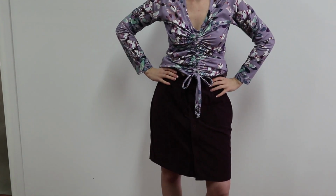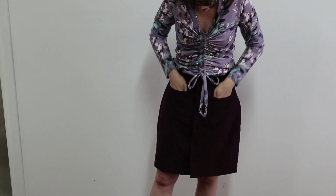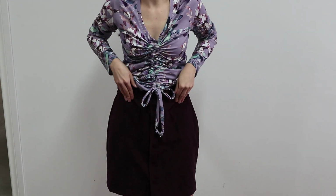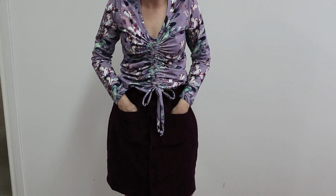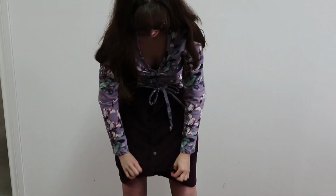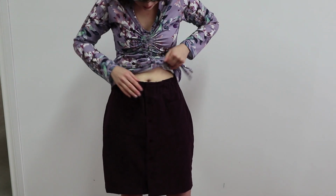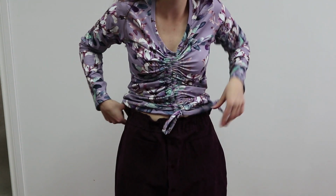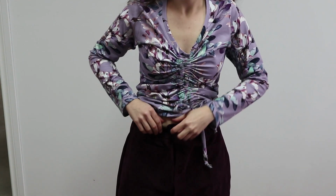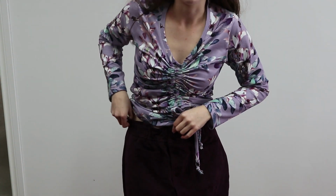So I really wanted a button-up style skirt since that seems to be really in trend right now. And so I cut the shirt so that I could keep the 2 front pockets that were on the shirt already, keeping in line with the buttons down the front. I did re-hem it to where I needed it, and since I had to create some sort of waistband, I couldn't add one in where I had cut it, so I cut a separate waistband out of the shirt